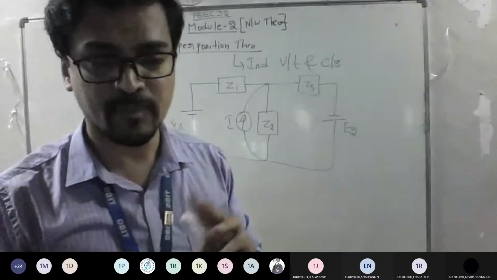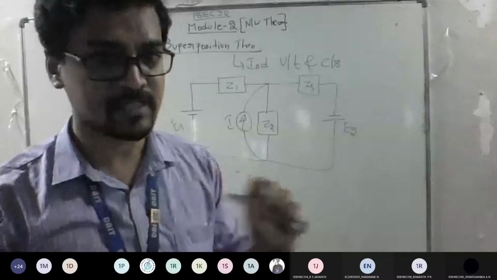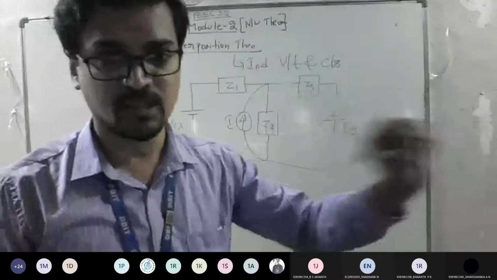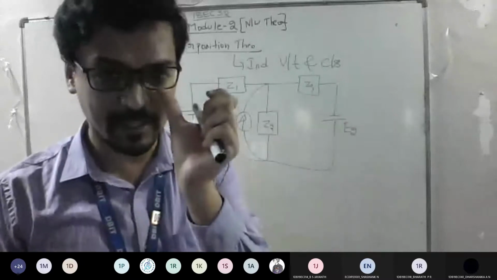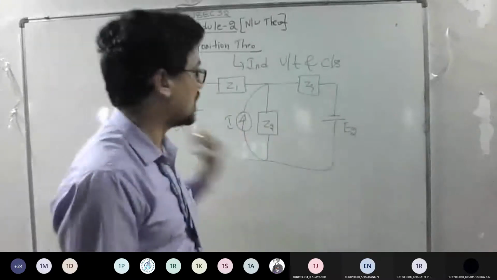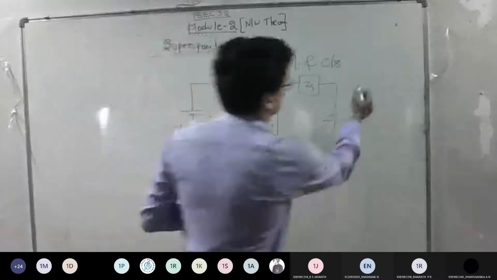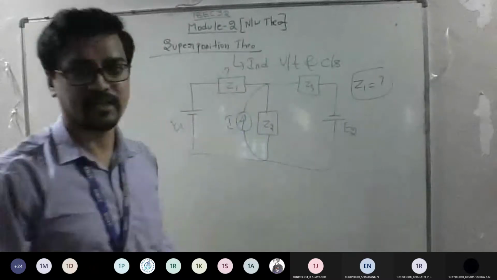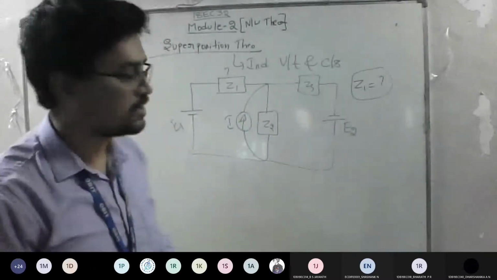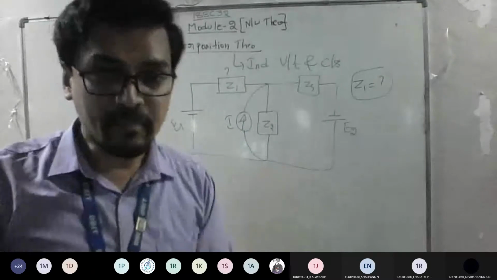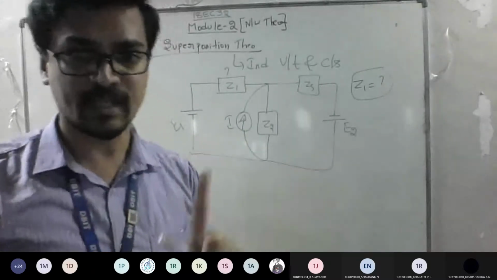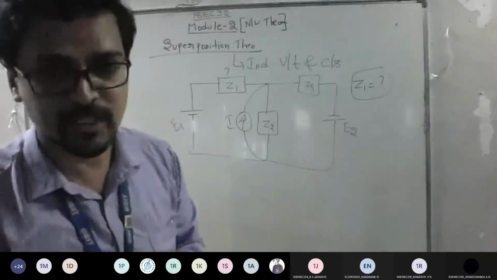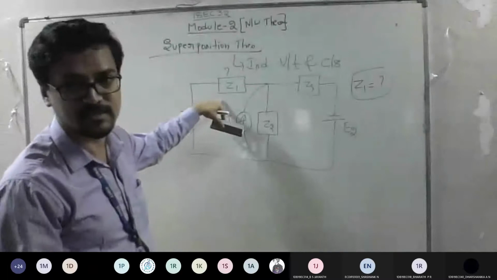Whenever you get any network, before applying superposition theorem, see, the question will be like this: for the given network, obtain the current across some resistor using superposition theorem. So read the question concretely. Assume that now they have asked you to find the current across Z1. So what is the current across Z1 here, right? What is the way to solve? Just look here. First, you need to count the number of independent sources, irrespective of voltage and current. Keep counting. So you have 1, 2, 3. You told, right? So what is the procedure? I need to find the current across this, right?